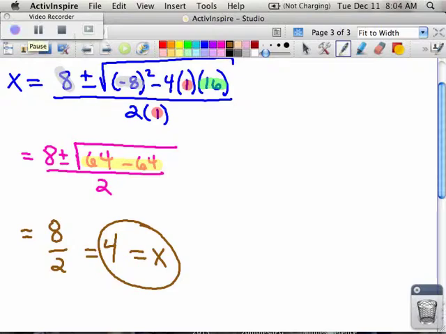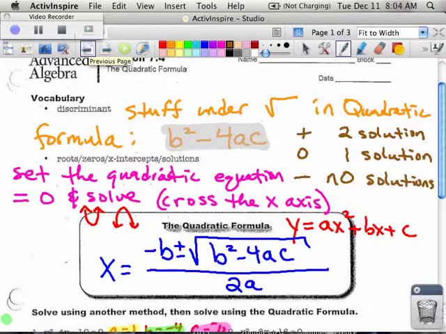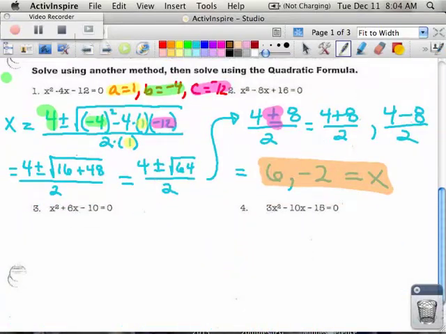So now let's go back to number 3 here. Number 3, we have x squared plus 6